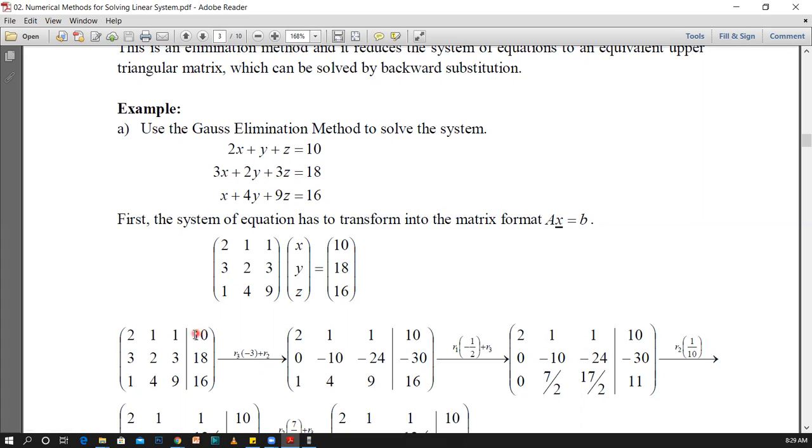Here you have stated this, then 3 2 3 and 18, 1 4 9 and 16. Now this is the augmented matrix, and we do not need to pay any attention to the terms on the right hand side of this vertical line. It is because we are just considering this as the square matrix, and for these values we will use them just for the calculations, and at the end you will realize we are trying to get the answers using